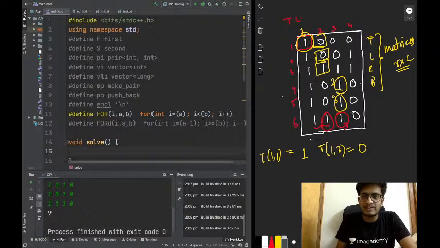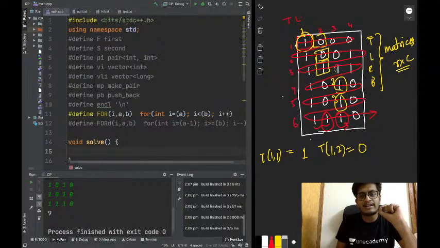So we will make one pass of this array in this direction, row major order, and we will update T values and L values, because anytime we are at any cell, its left value and top value will already be updated.